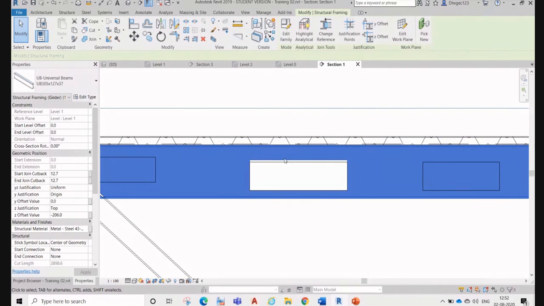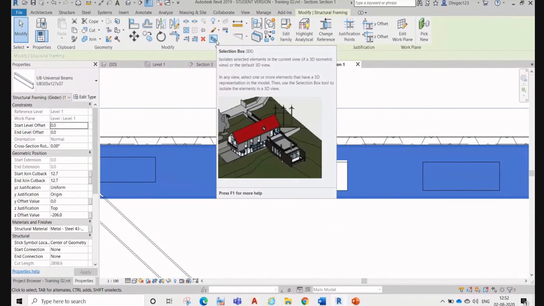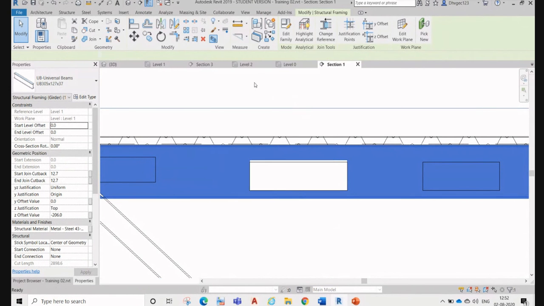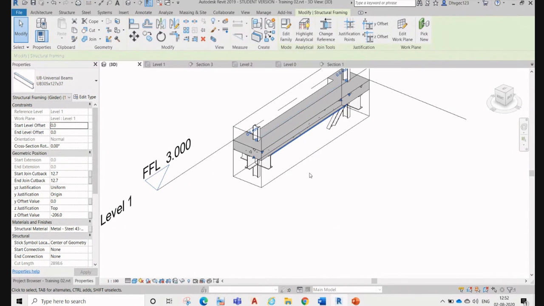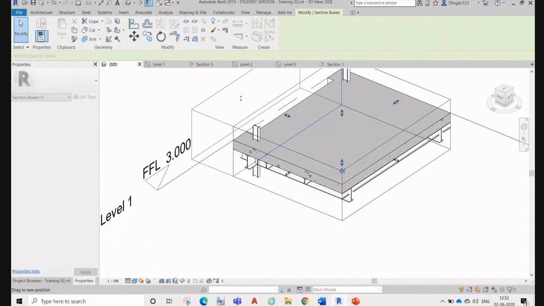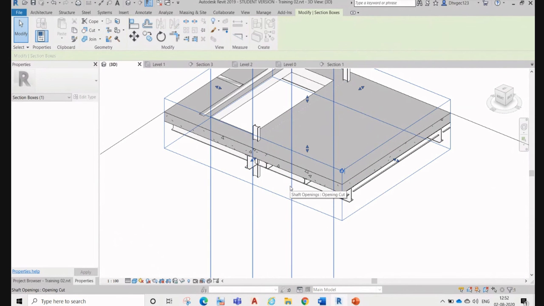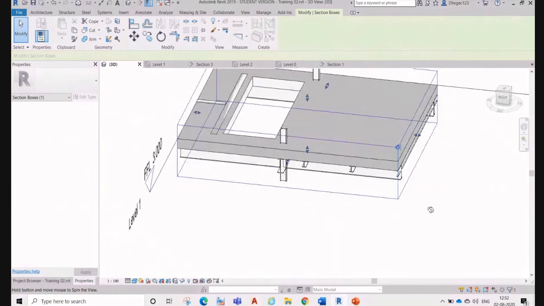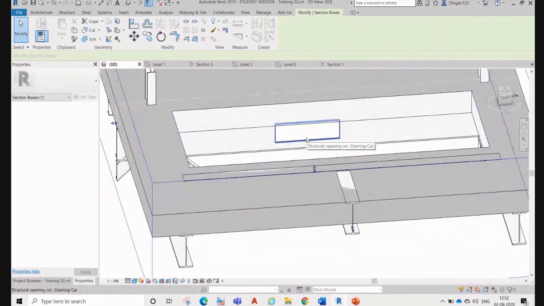Yeah, one more way, if you want to see in 3D only one element, select that element and just go here. This is the section box, right? So you selected that one, as you can see in preview, and then selection. So now you can see it creates a crop box. It's not that everything shows, it just creates a section box over that beam. Okay, so now you can see the opening inside of that beam.